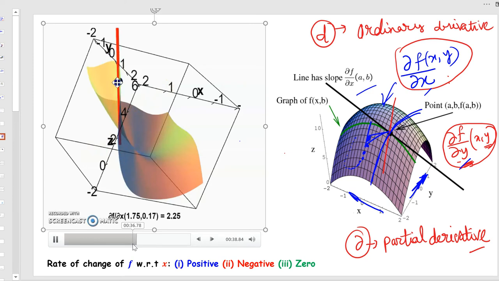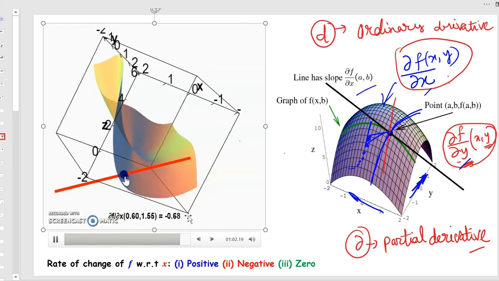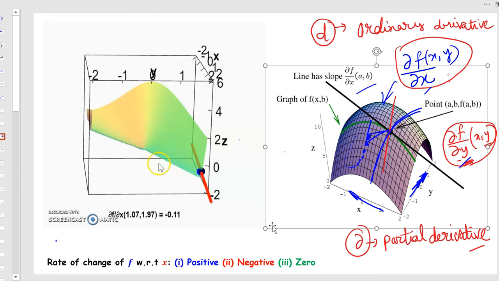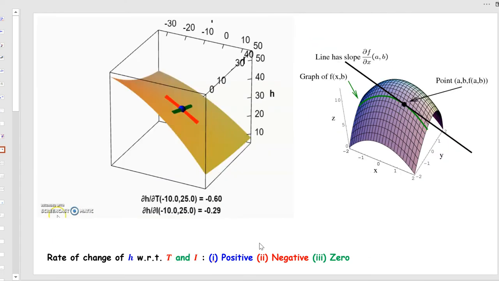So for the x direction, you can see that the rate of change of the function is positive. Sometimes it becomes negative, and sometimes it becomes 0, when the tangent is parallel to the x-axis. You can see here the rate of change is positive and negative also. Same idea. Now, if you generalize this concept,